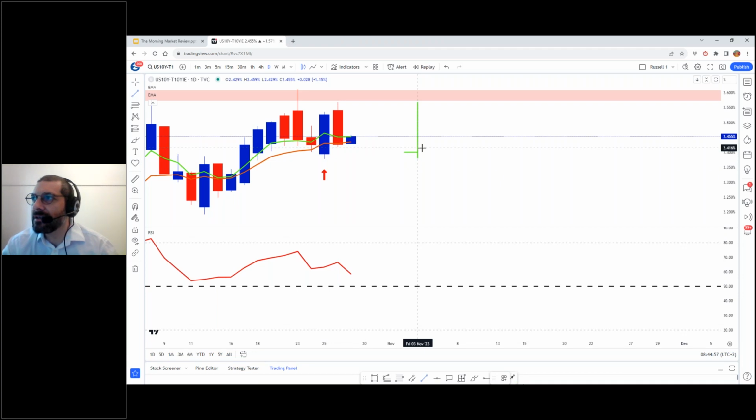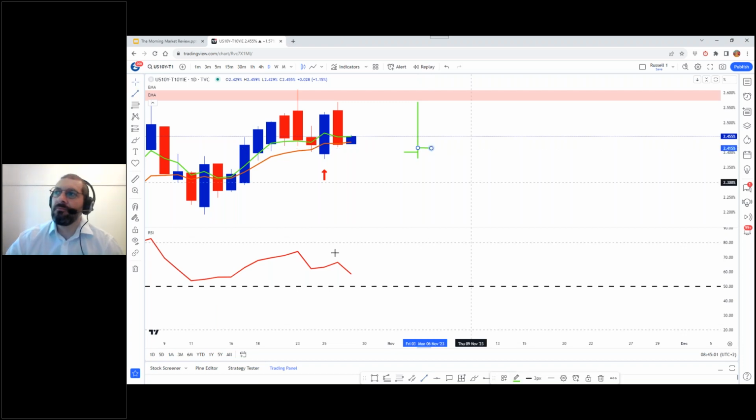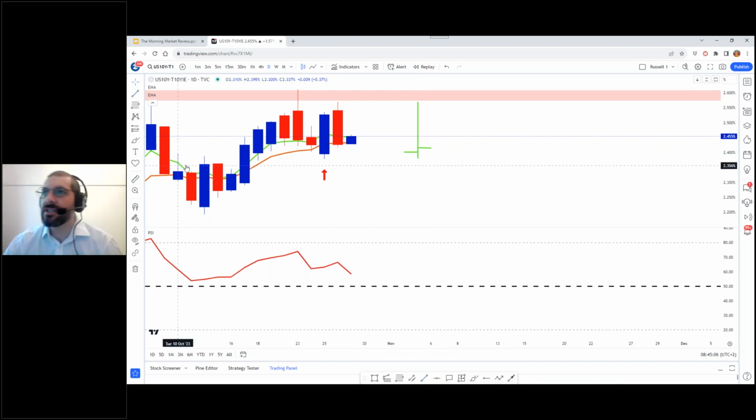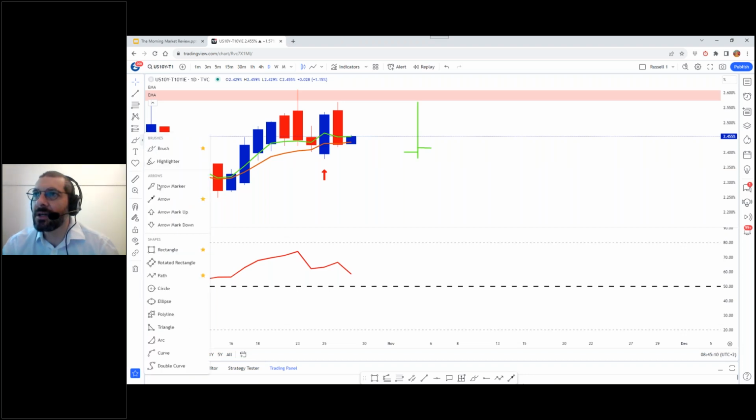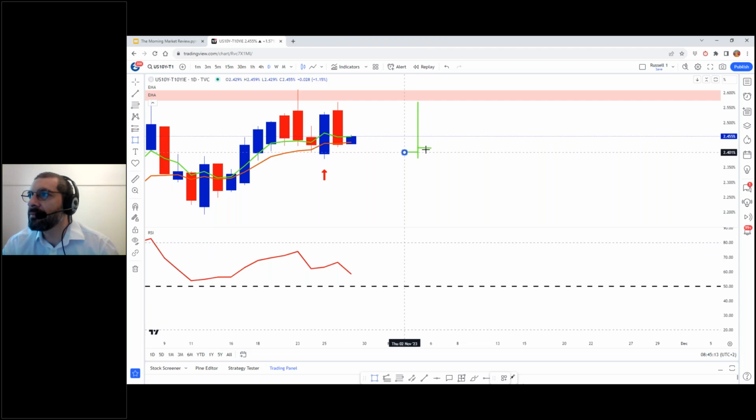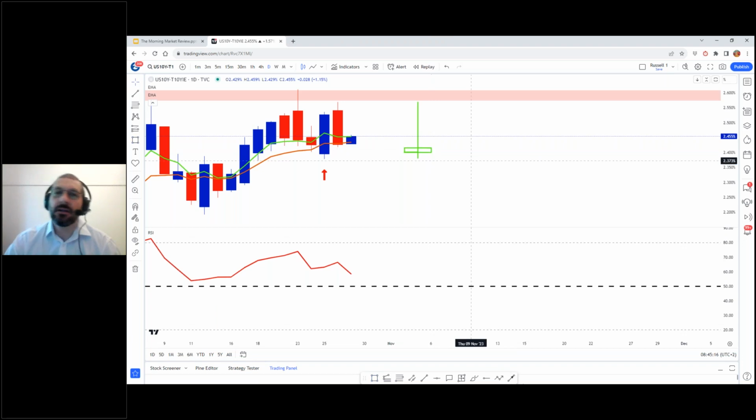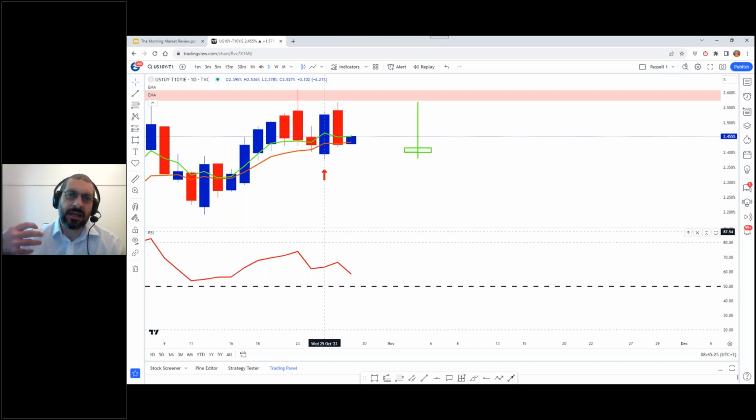Okay, what kind of a candle is this? This is an interesting candle to consider. It's kind of like a gravestone doji, isn't it? Let's just box it like this. So we kind of get this gravestone doji over the last 2 days. What kind of a candle is a gravestone doji? It's really sort of a candle suggesting pressure to the downside.